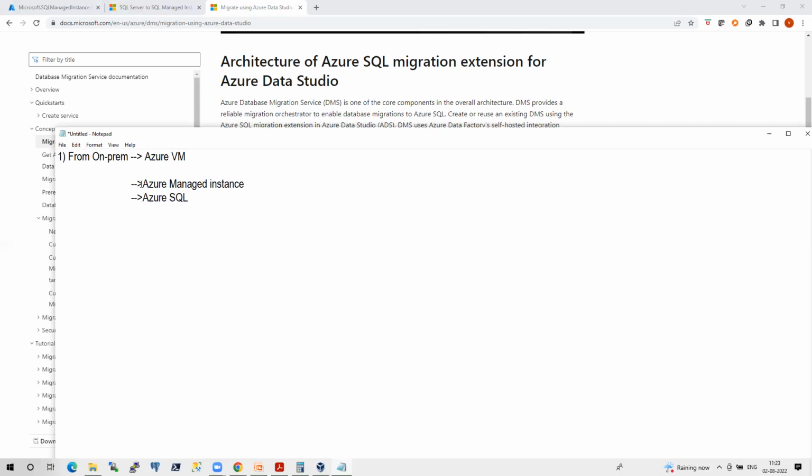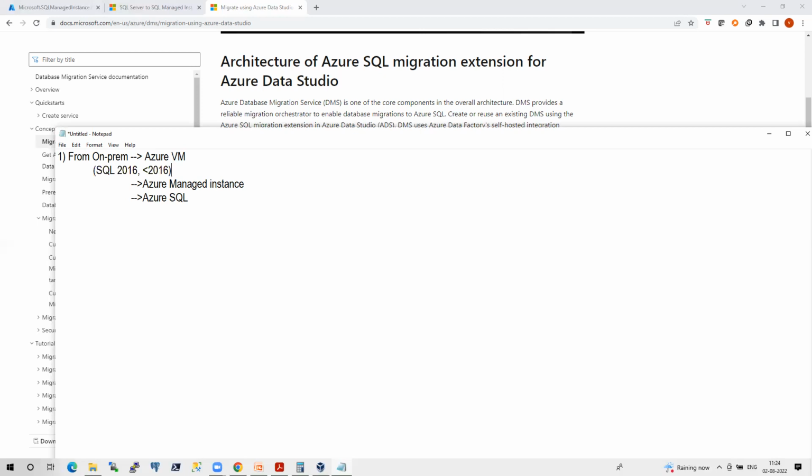Again, there are so many things. As I said, when you are doing it from on-prem, just keep this in your mind, guys: always think about the source versions. Anything from 2016 is one story, and anything less than 2016 is another story. From 2016 we have distributed availability groups, so your direction should be in a different manner. Don't again say the easiest paths like replication, log shipping or backup restore. Your approach should be something different.